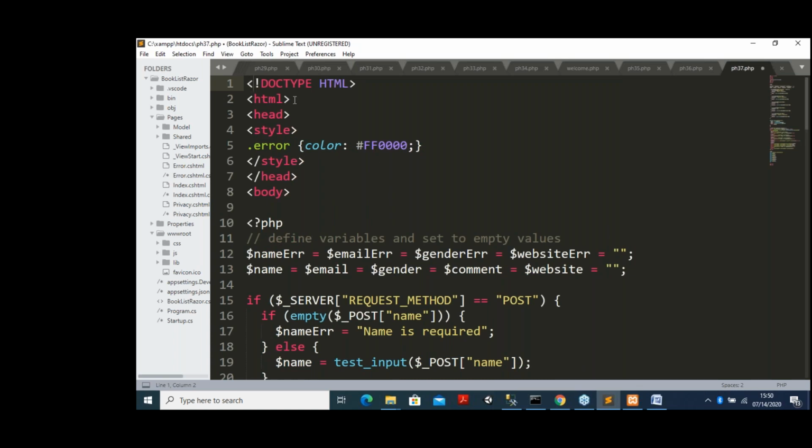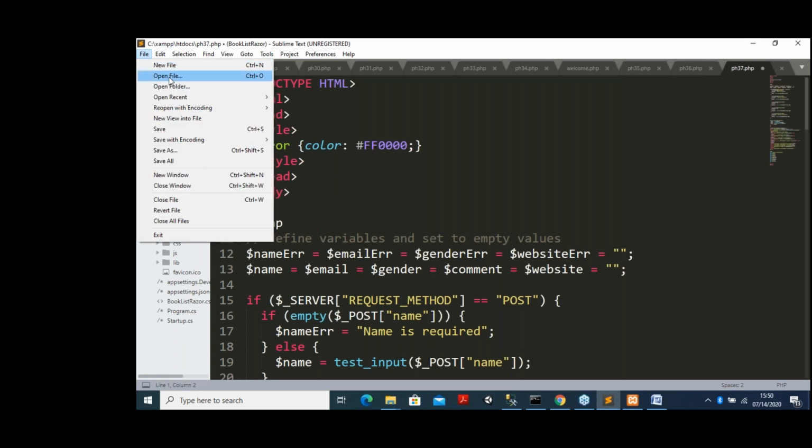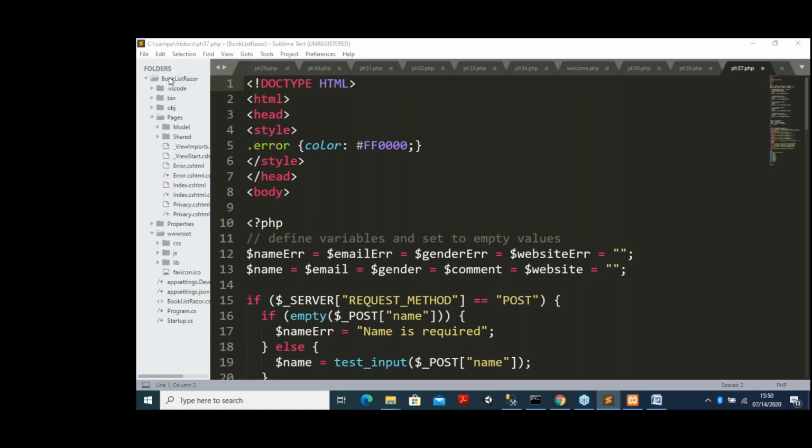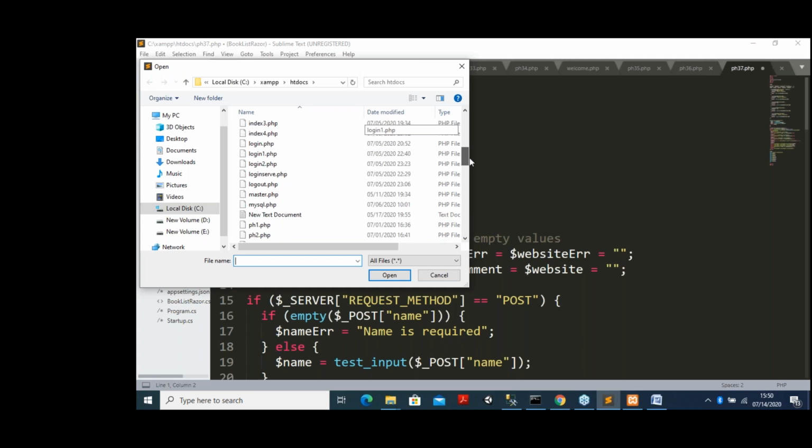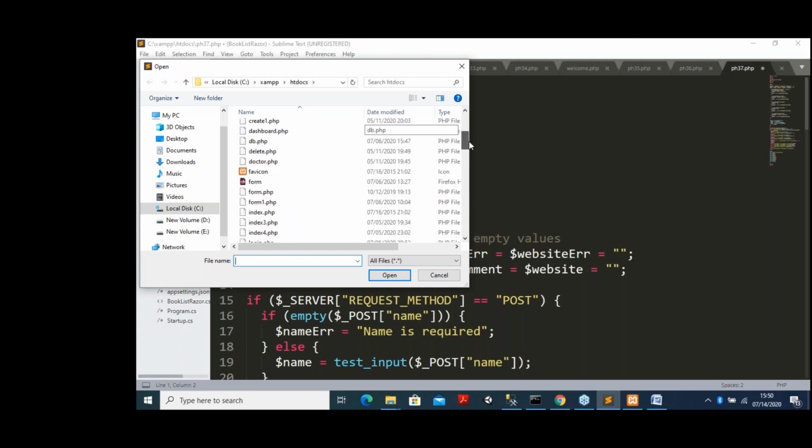Okay, then what is the next file? Then I go for the open files, and next I go for welcome 1.php, read.php.